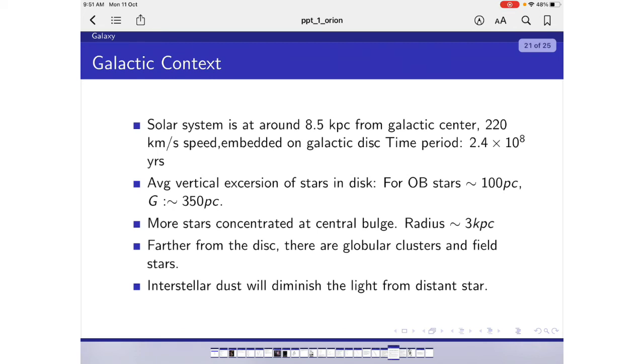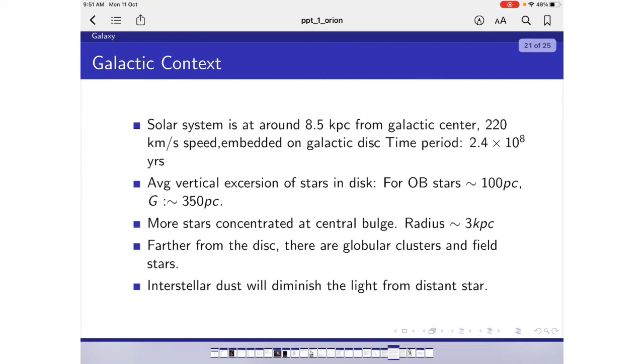Then the average vertical thickness of the disk is around 100 parsec for O and B type stars. The O and B are spectral types, that is heavier mass at a high temperature, and for G type stars it is around 350 parsec. So O and B type stars are more concentrated in the disk, and more stars are concentrated in the central bulge, which has a radius of around 3 kiloparsec,